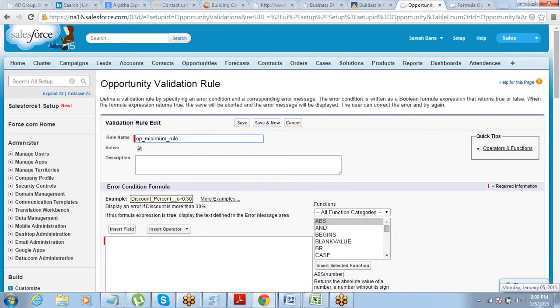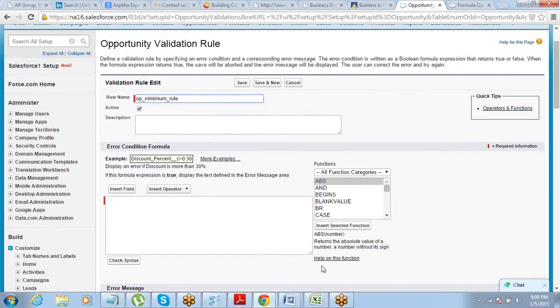So let's say this is your rule. You just go ahead and click on save. You want to put a logic here which is like